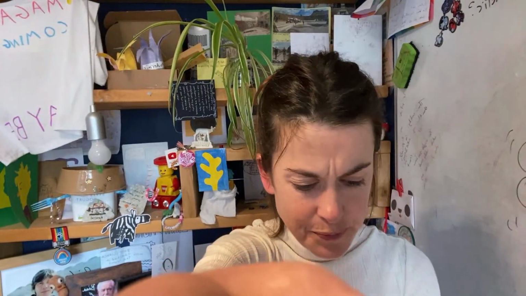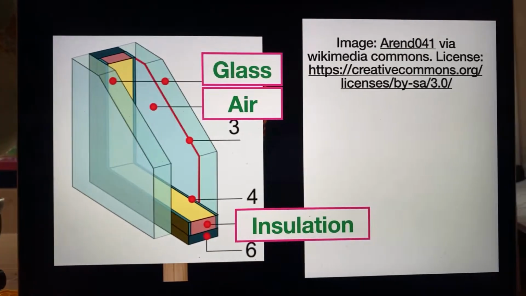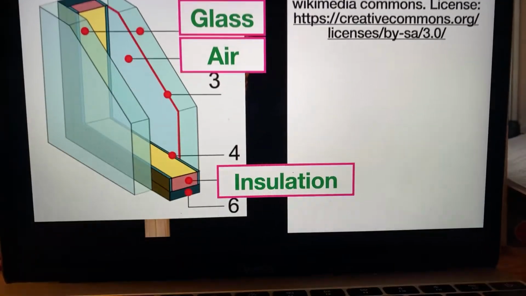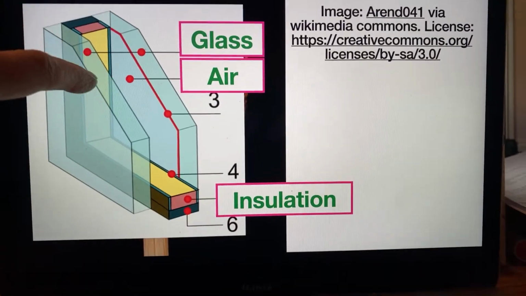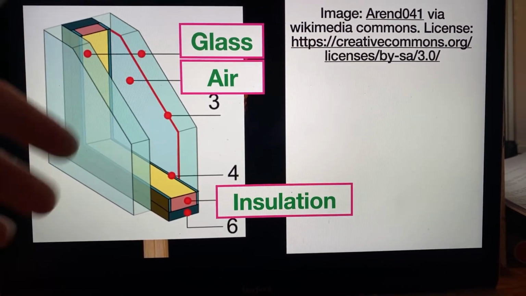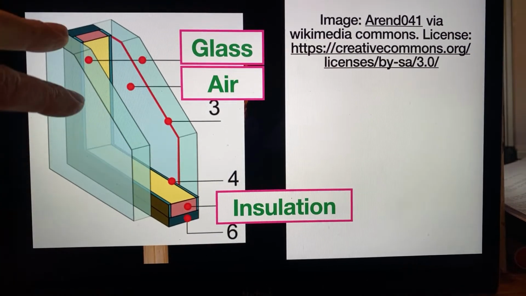Right, you lot. I think that is actually pretty much the end of the lesson. Quick shout out to double glazing. Glass is actually a very good insulator. It is a very poor conductor. It doesn't allow heat to pass through it easily, but just to be on the safe side,